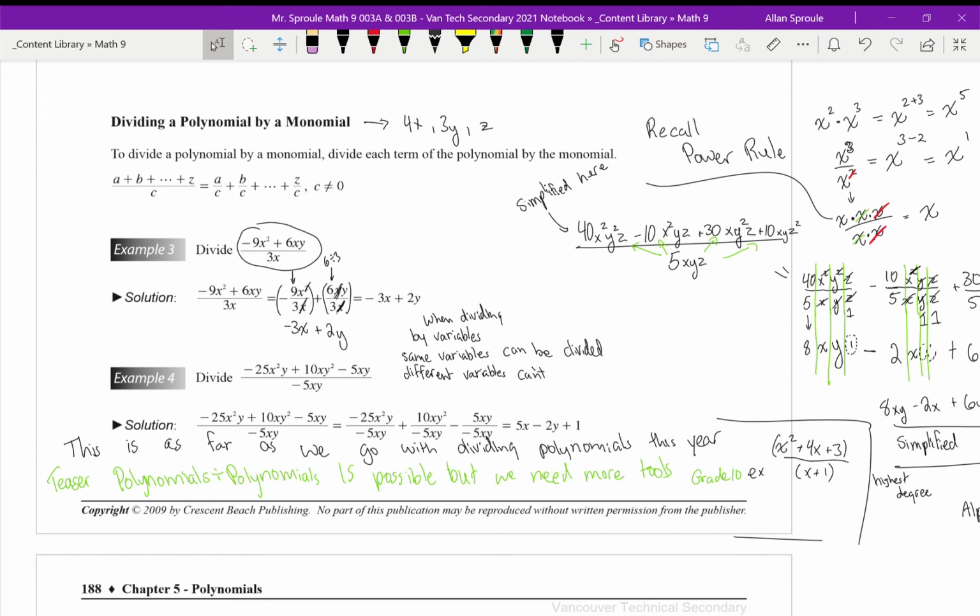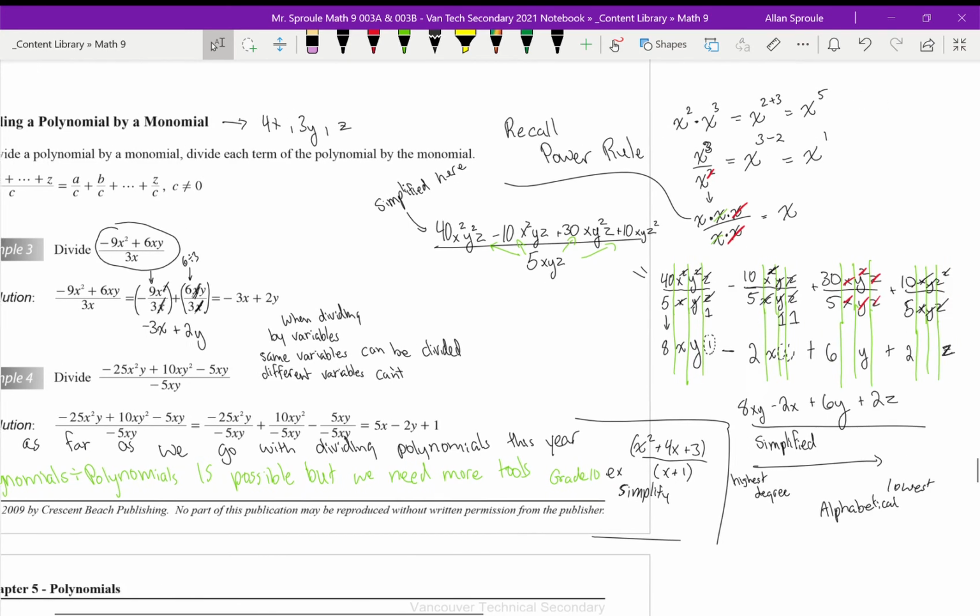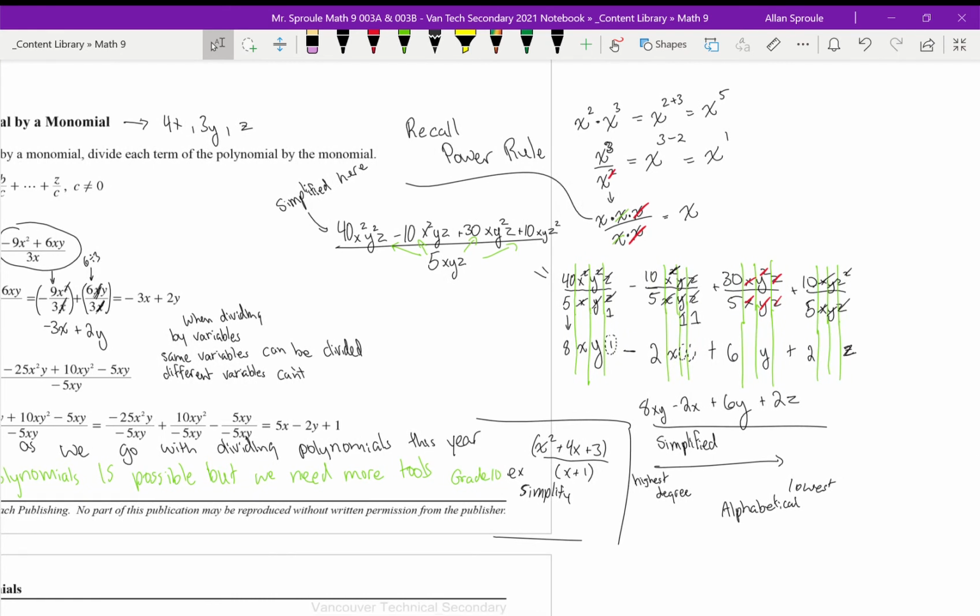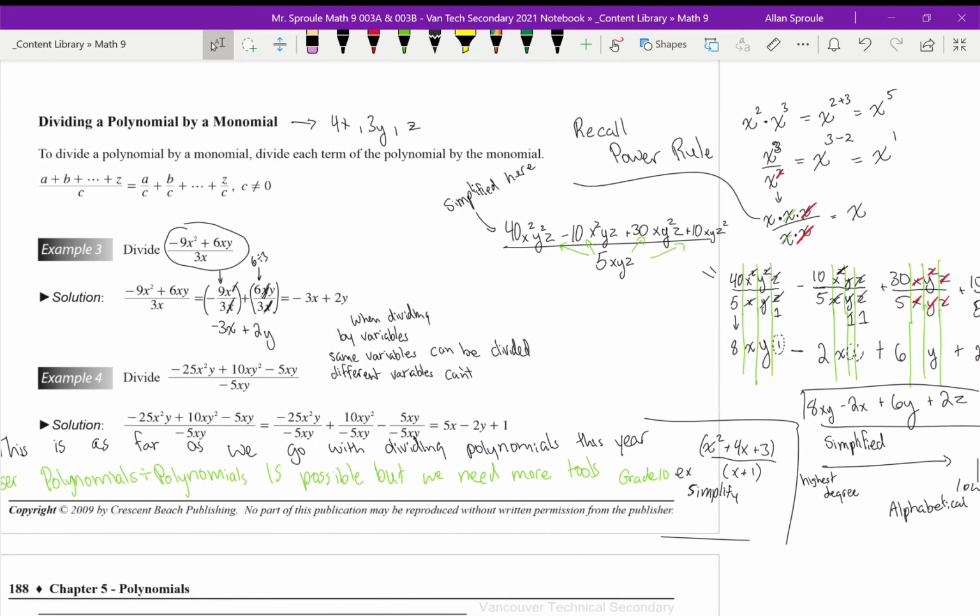So if you're looking for an extra challenge, or if you're wanting to see what grade 10 has in store for you, try to get this as simple as possible. So this one, again, is a simplify problem. Basically, what you're trying to end up with is a polynomial of a smaller degree. Like, you've divided it into smaller pieces. It's going to be hard, so this is sort of a challenge that I'm giving out,